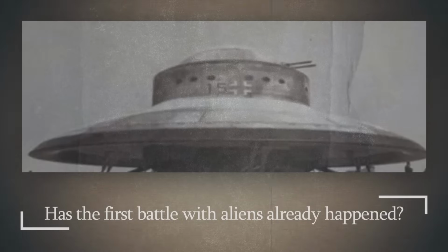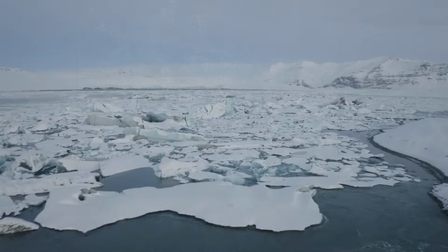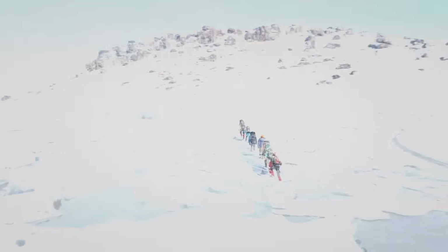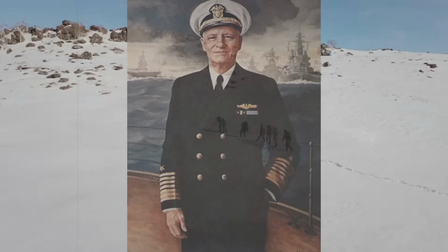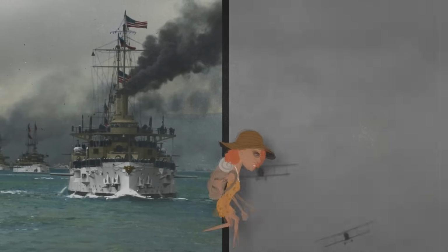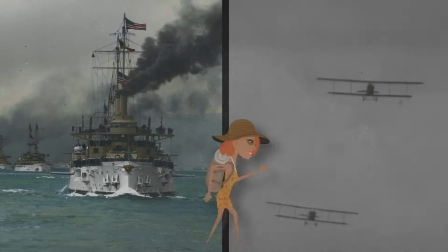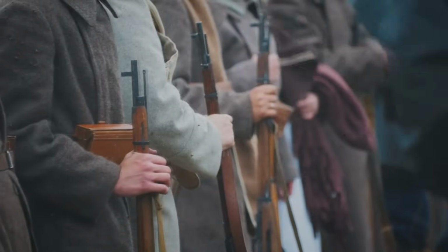Has the first battle with aliens already happened? On August 26, 1946, an American scientific expedition set out for the South Pole. It was led by naval officer and explorer Admiral Richard Byrd, who took part in the First World War. The expedition involved 13 ships, 33 aircraft, and almost 5,000 U.S. Navy soldiers. The group under the command of the Admiral returned only 9 months later, reporting that it had to